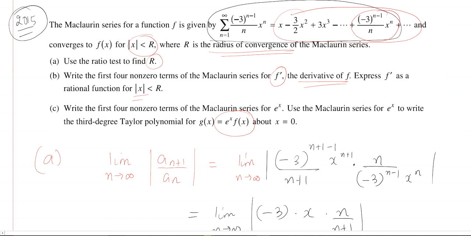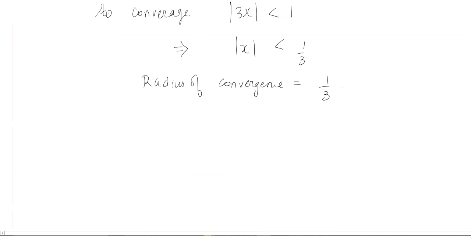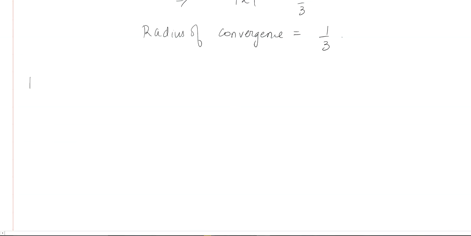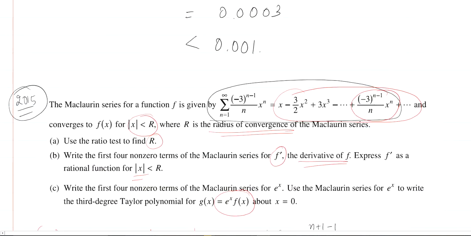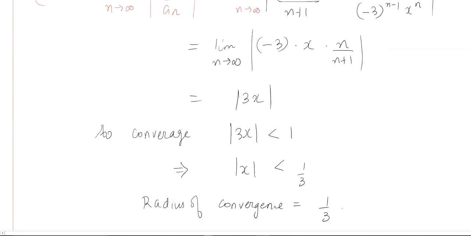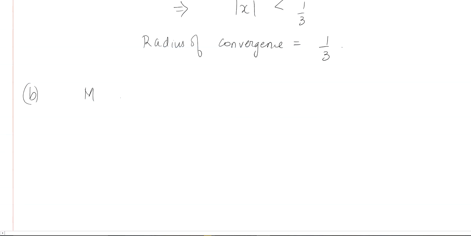So what we have is x minus 3 half x squared. So for part B, the series looks like, let's just call it some Maclaurin series, equal to x minus 3 divided by 2 x squared,